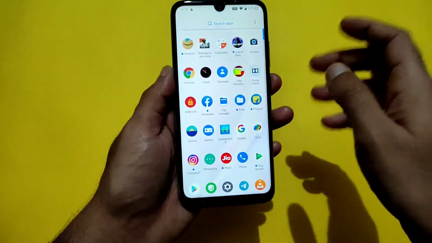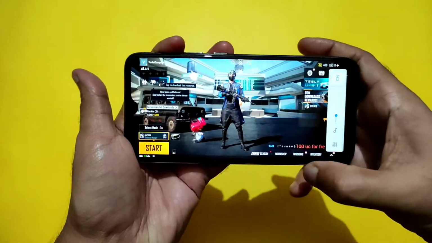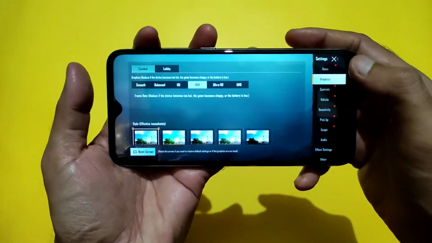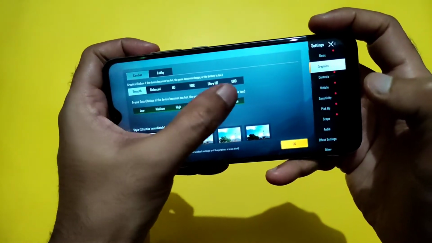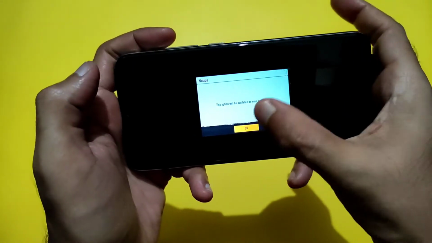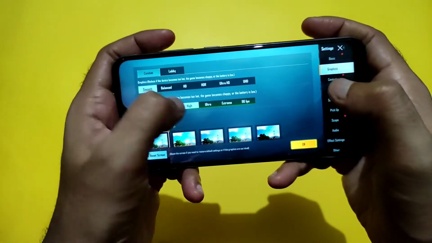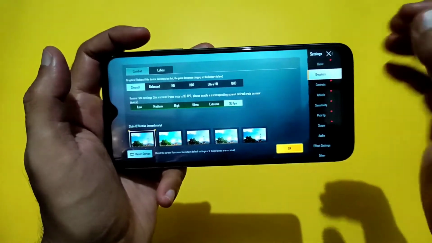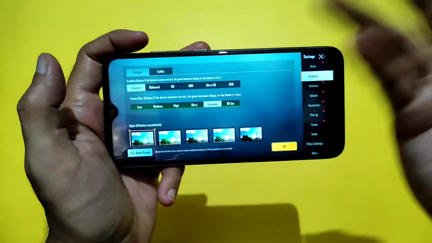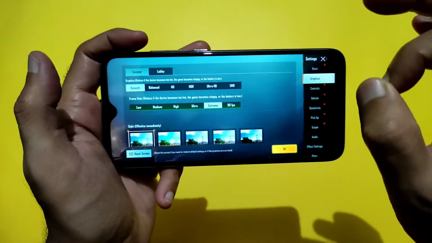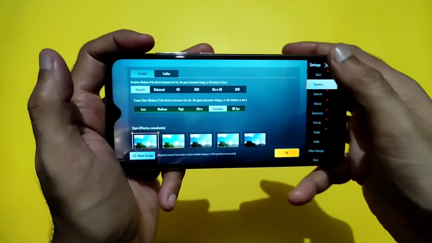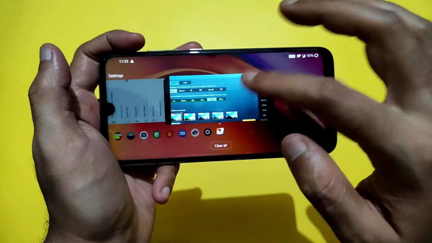And coming to games like BGMI, let me show you here. This is the graphic settings you get. Smooth plus 90 fps. As you can see, by default it's enabled in HD and high. HDR you don't get, but in smooth you are getting 90 fps since it's a OnePlus 7T port. But anyhow you need to keep extreme and play 90 fps. The hardware level of 90 frames per second is not available on this Redmi Note 7 Pro. I hope you understand and keep it in extreme and enjoy the gameplay.